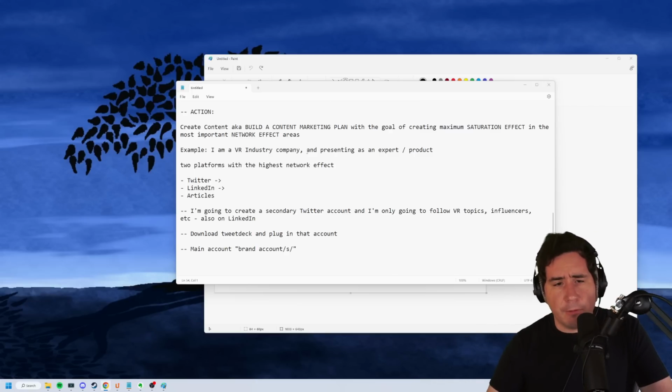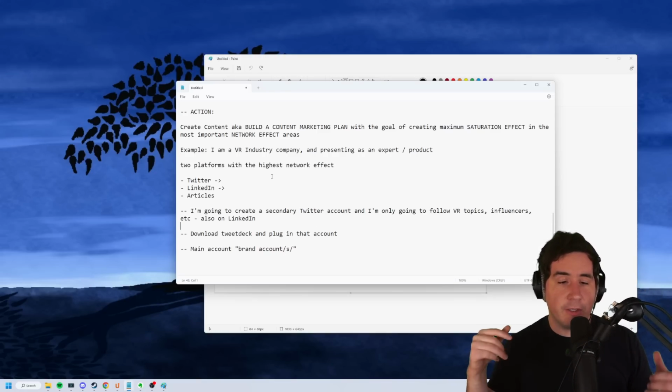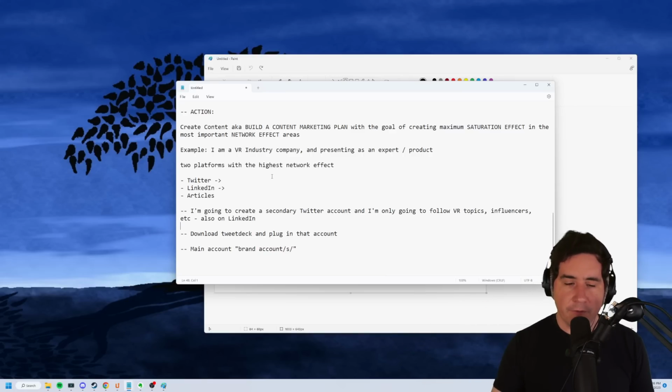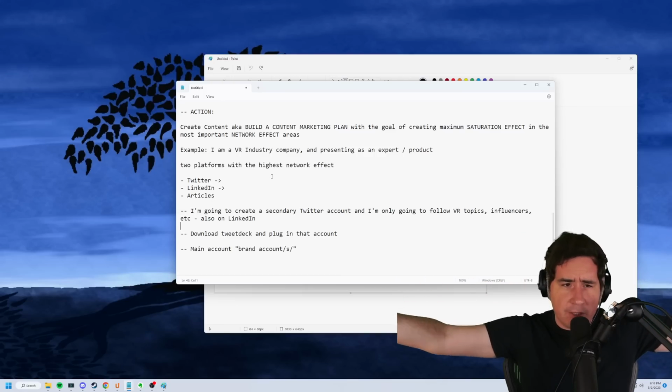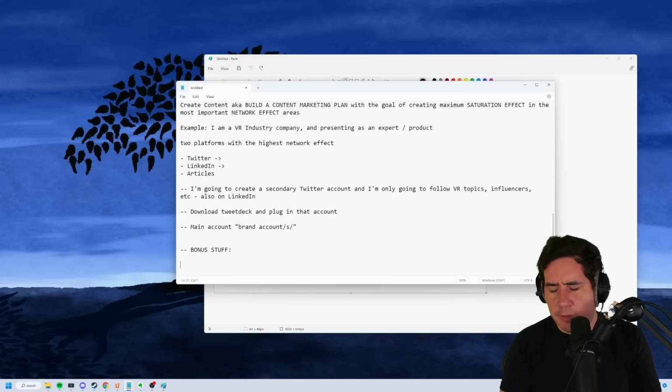So in this example of creating the VR industry expert product, what I'd basically do is I'd just go live where those people are, and I would post as much valuable content and saturate myself as much. I'd put ads. I'd do, and I'm going to give you a couple bonus things that you can do that will make this even more effective. And basically my goal is to saturate that and then let the network effect do the rest. Okay? That's how you do it. So let's give some bonus stuff. Just a couple other things you can do.